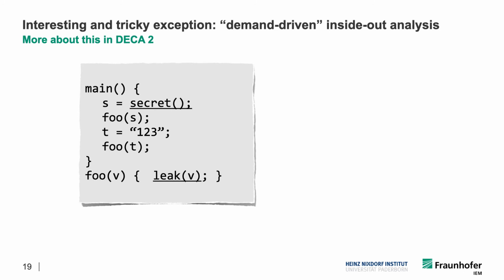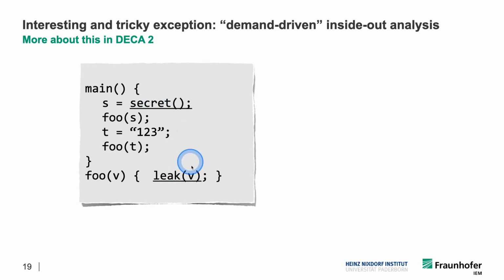So a demand-driven analysis is one that tries to compute information not throughout the entire program, but only for certain, let's say, variables or program points that are of interest for which there is a demand. Now we can imagine that we have an analysis that tries to find data leaks from secret to this leak method here. But we want to do it in such a way that we do a bottom-up analysis, basically, or inside-out analysis. So we start at leak first and walk our way backwards